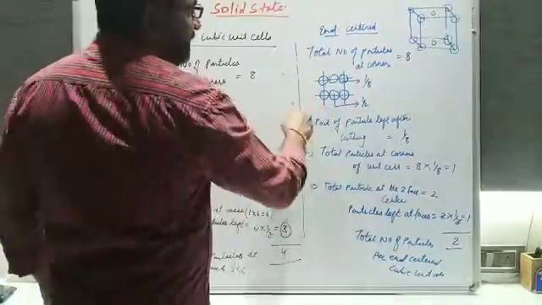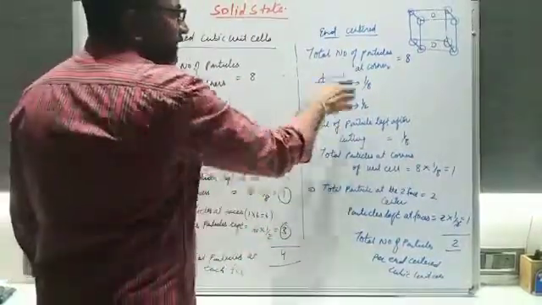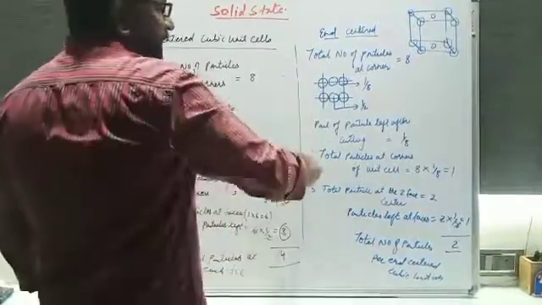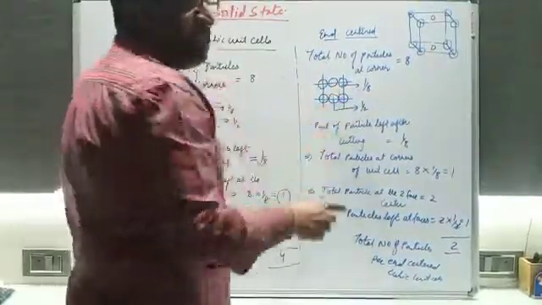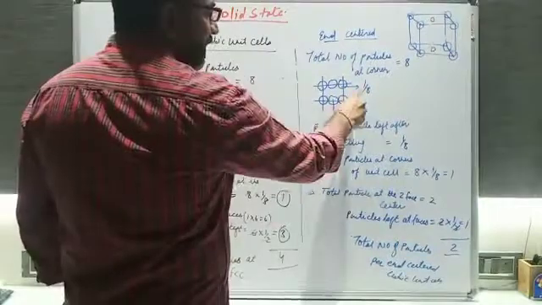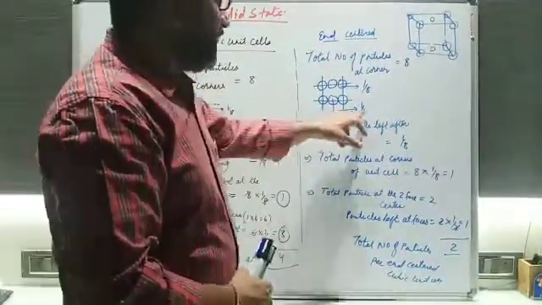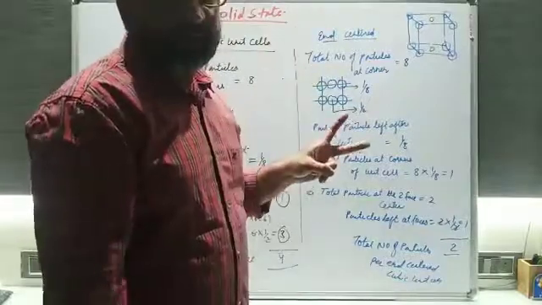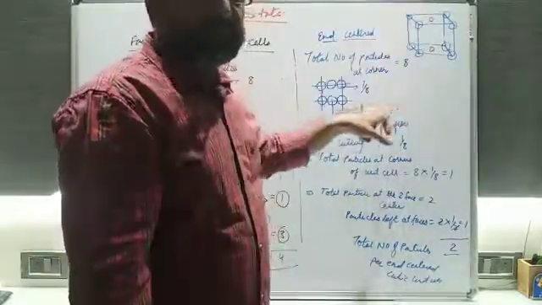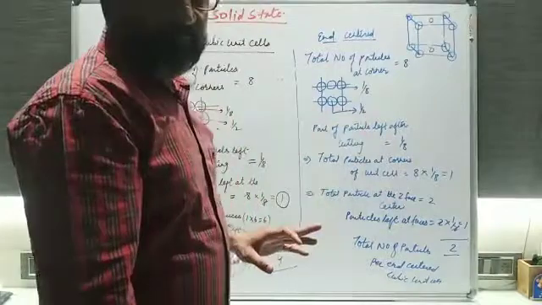Okay, now I tried to do that. So this is one face and this is the second face, and 1, 2, 3, 4 particles are at the corners. When you cut down, how much portion is left behind at the corner part? That is 1/8 part. And what portion is left behind when the face centered particles are there? That will be half. So only 2 face centers are there, the opposite face centers. How much particle? 1/2 part is left behind.